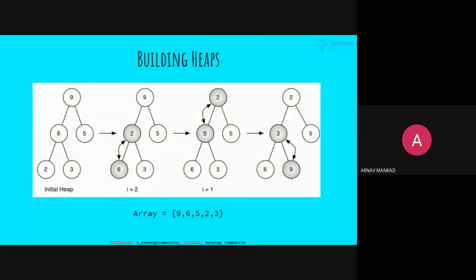And now here's the thing to note: whenever we apply a heapify procedure on a node, we need to again apply it on the node which we changed, which is in this case this node where the 9 has come now. So we need to apply the heapify procedure again on this. We again compare 6 and 3. We see 3 is the smaller one. We swap it. We have 3 over here and 9 goes to the bottom. And so finally over here what we have is our min heap. So that is what basically heaps are, and this is how we build the heaps.